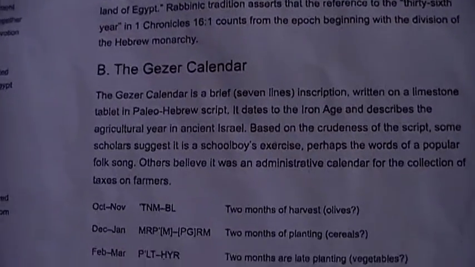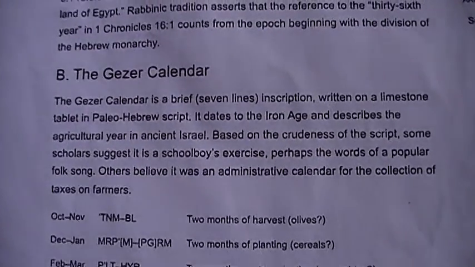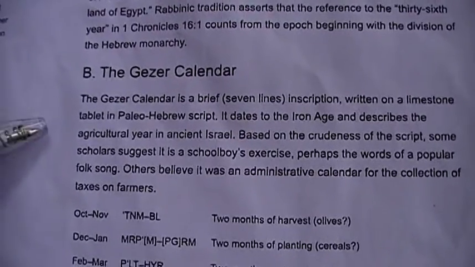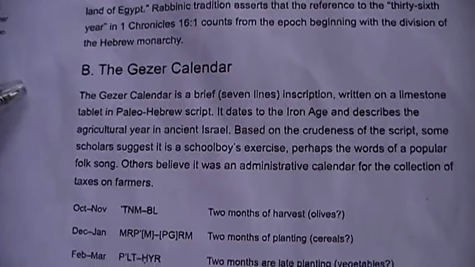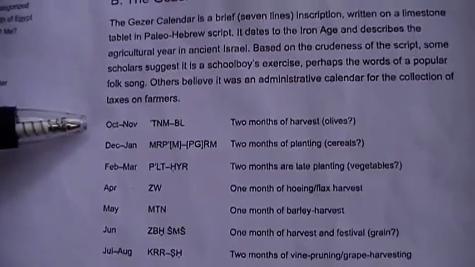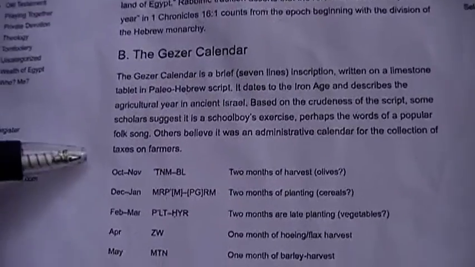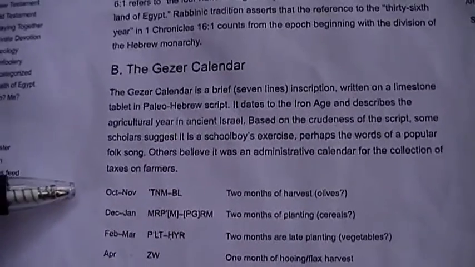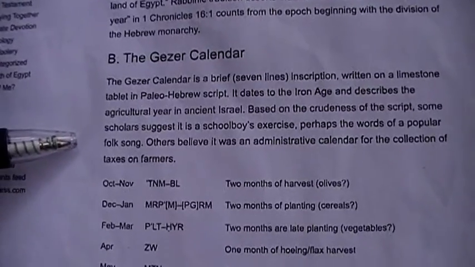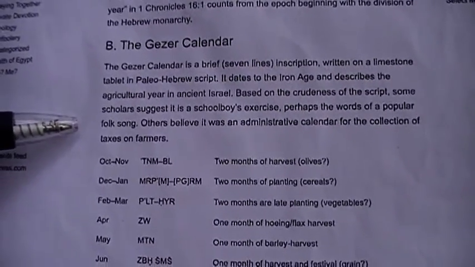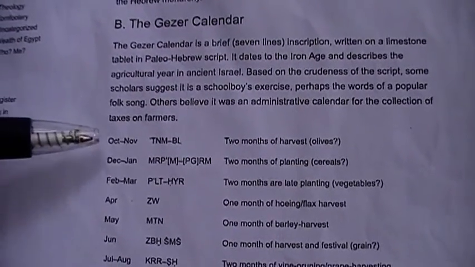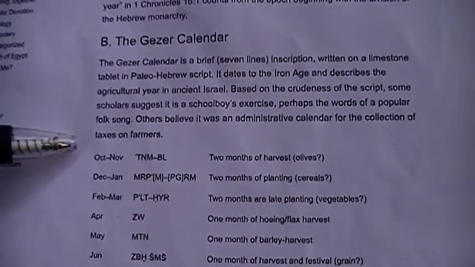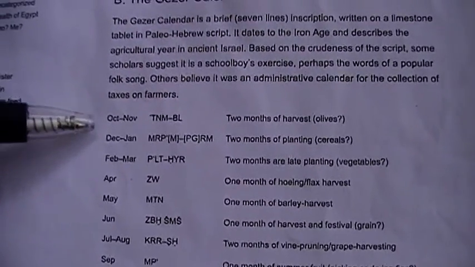The Gezer calendar is one of the oldest things that they have of ancient Hebrew writing. It was found in the Canaanite city of Gezer. It's a limestone tablet in Paleo-Hebrew script, and it depicts the year. Okay, and that dates back to the time of Solomon. And if you look up in Google the oldest Hebrew calendar, this is what will come up, and that begins in autumn or fall, according to this, around our October going into November. Okay,